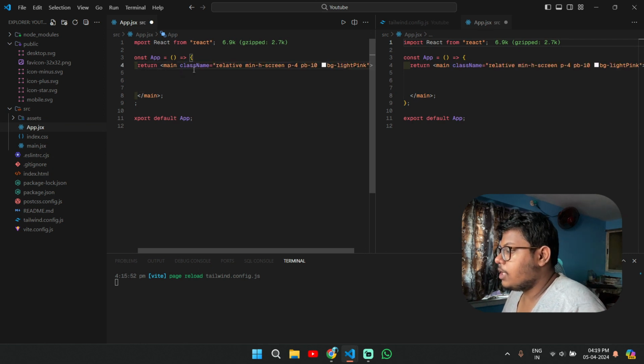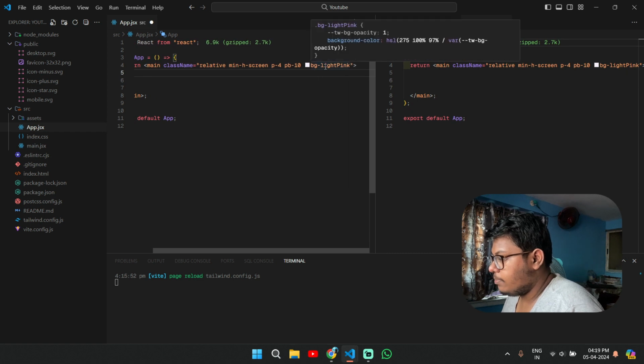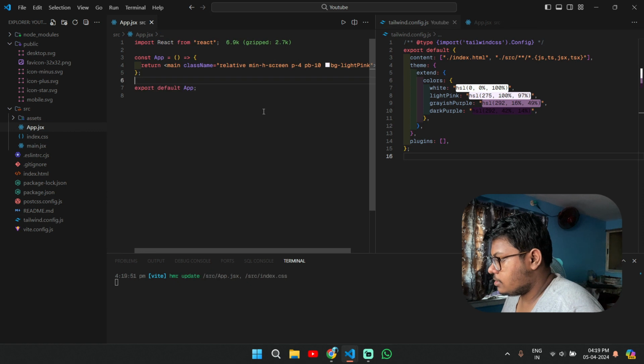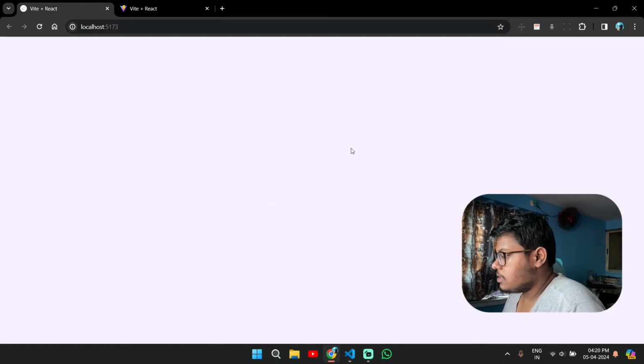Now this main section will have a className and have these properties. That is relative, minimum height of screen, padding of 4, padding bottom of 10, and bg-light-pink. Now I imported it from the tailwind.config file where I have predefined my colors. So if I save this and go back to my result, as you can see there is a light pinkish